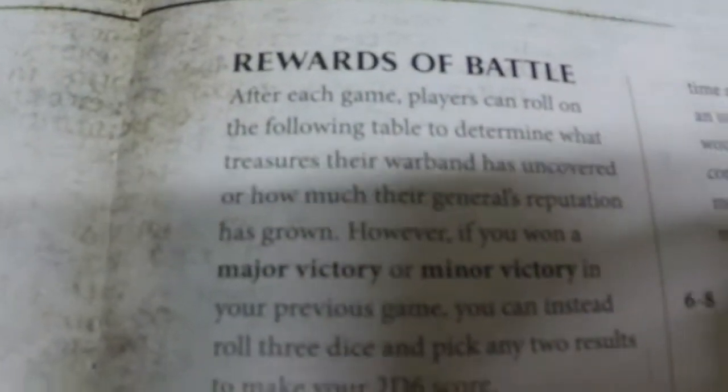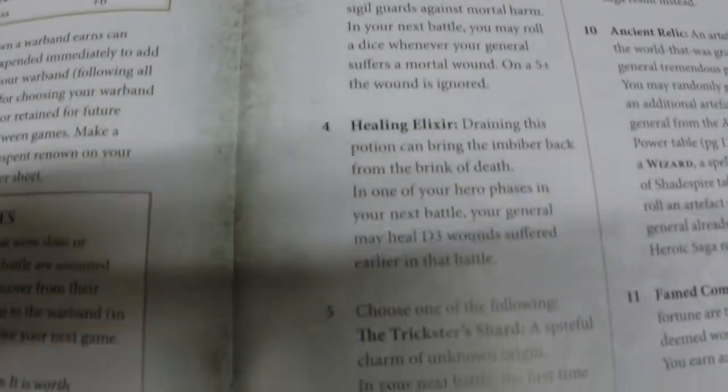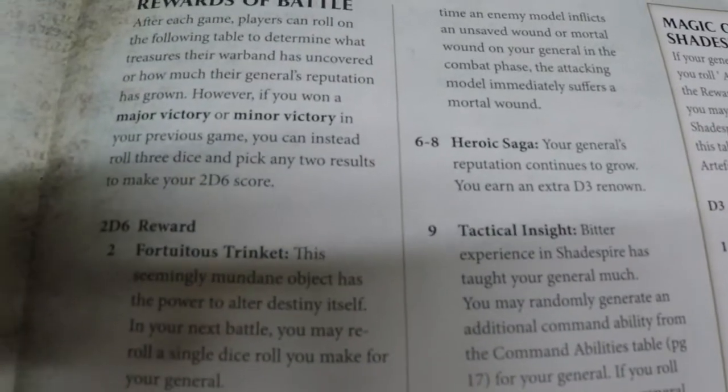Now, if you lost, you're still going to get to roll, but you just roll 2 dice and you have to take what they give you here. If you know anything about 2 dice being rolled together, and the odds of different events happening, and bell curves of probabilities on 2 dice, you're going to realize